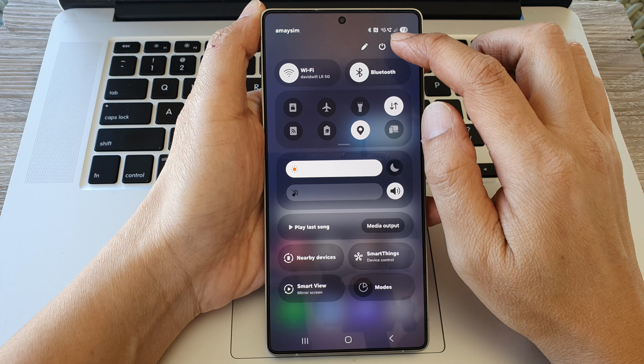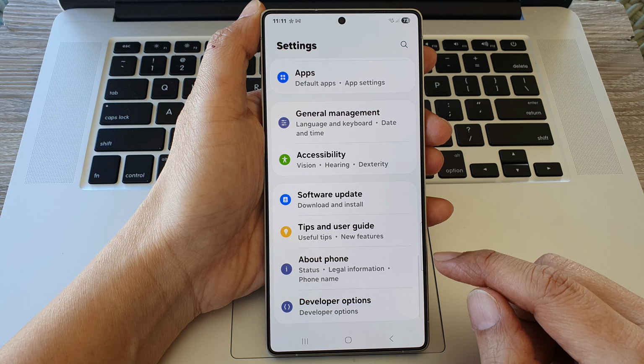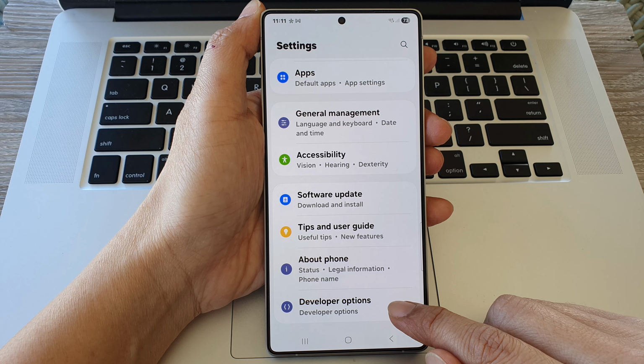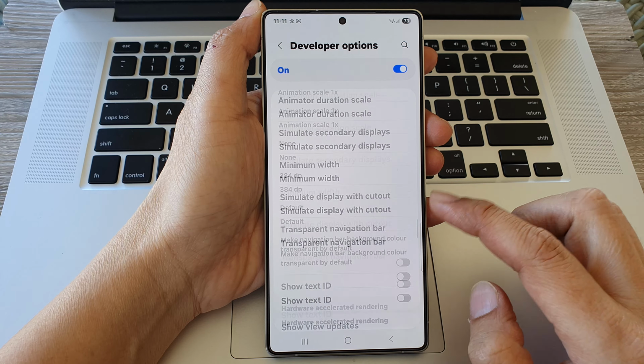Now from the home screen, swipe down at the top to open up Quick Settings. In here, tap on the Settings icon. Next, we then scroll down to the bottom, and from here, tap on Developer Options. Then we scroll down to the Apps section,